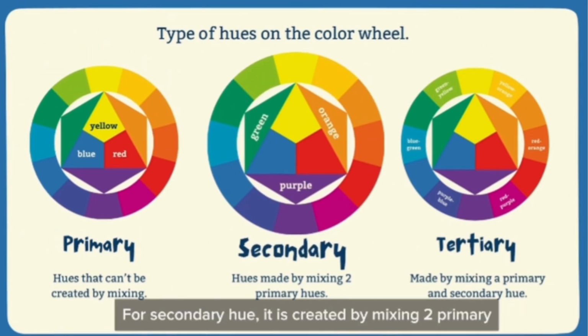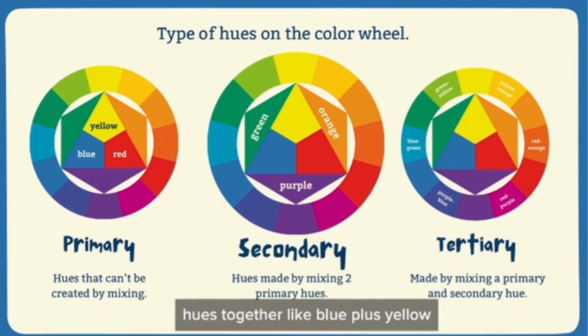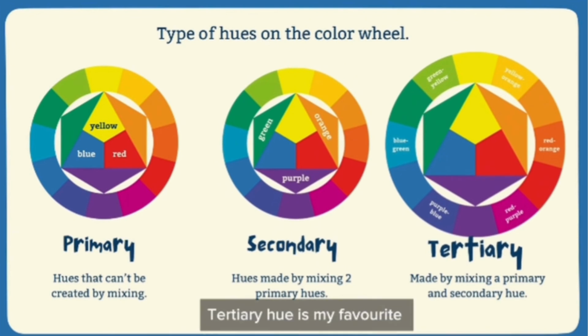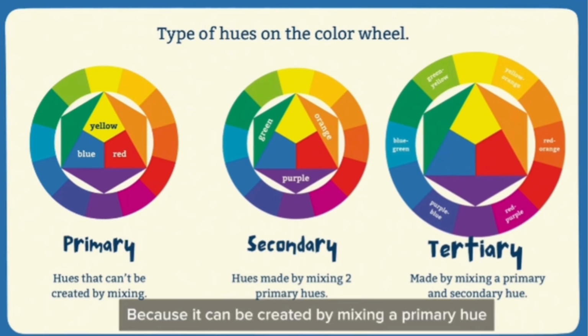For secondary hue, it is created by mixing 2 primary hues together like blue plus yellow. Then you will get a beautiful green. Tertiary hue is my favorite. Why? Because it can be created by